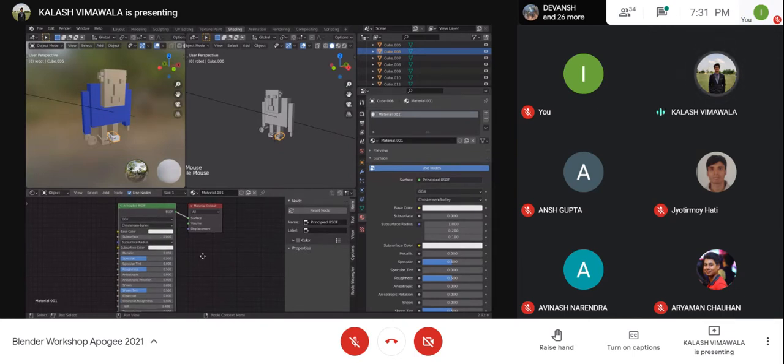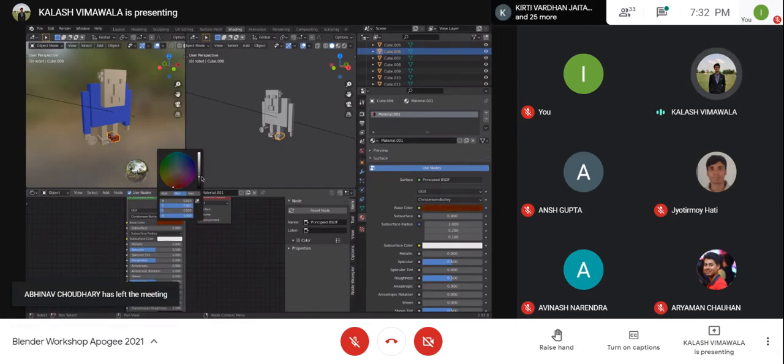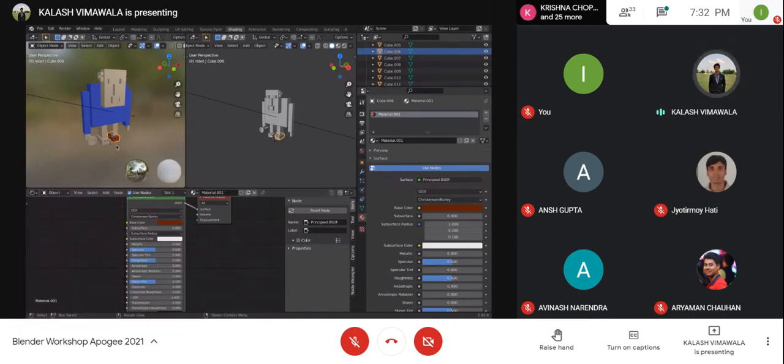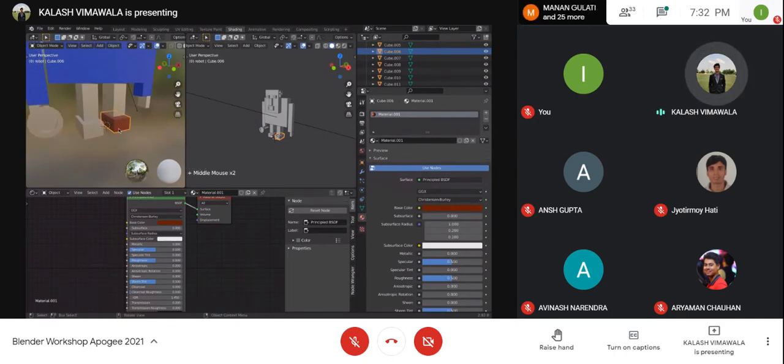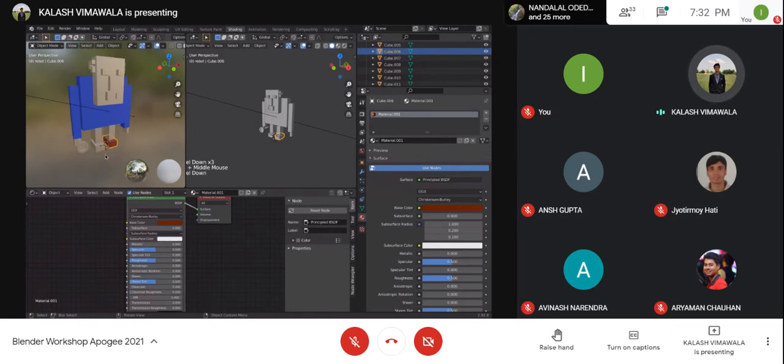Now if you see the nodes over here and the base color, say I want to give it brown boots, so I'll go down over here and select this shade of brown. On your viewport, you'll see the object has been colored brown.